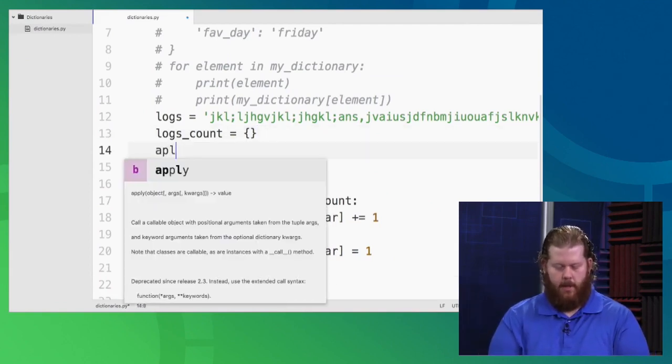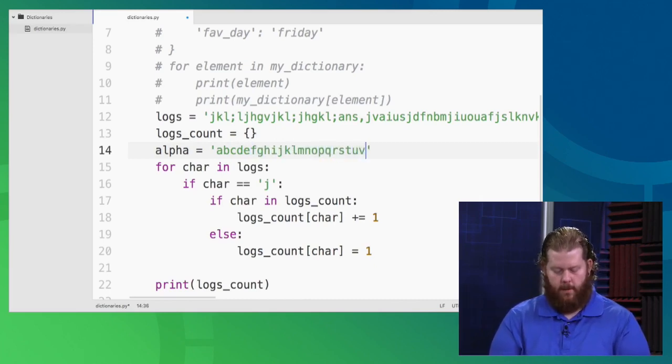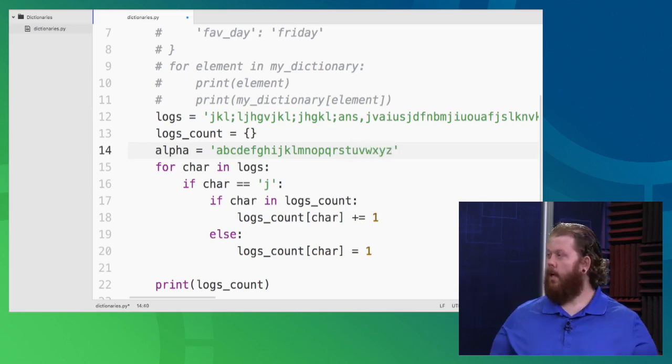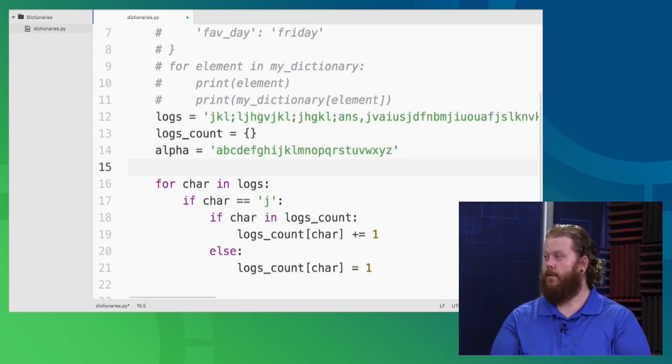So let's just say I have the alphabet. And this could be representative of all the things that I want to do. A, B, C, D, E, F, G, H, I, J, K, L, M, N, O, P, Q, R, S, T, U, V, W, X, Y, Z. Did I get all of them? I think you hit every 26 of them. Oh, I got tired there for a second.